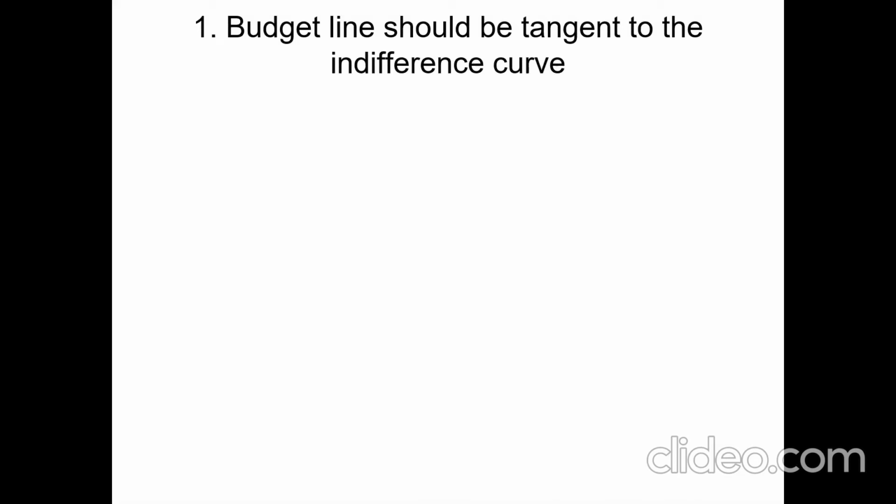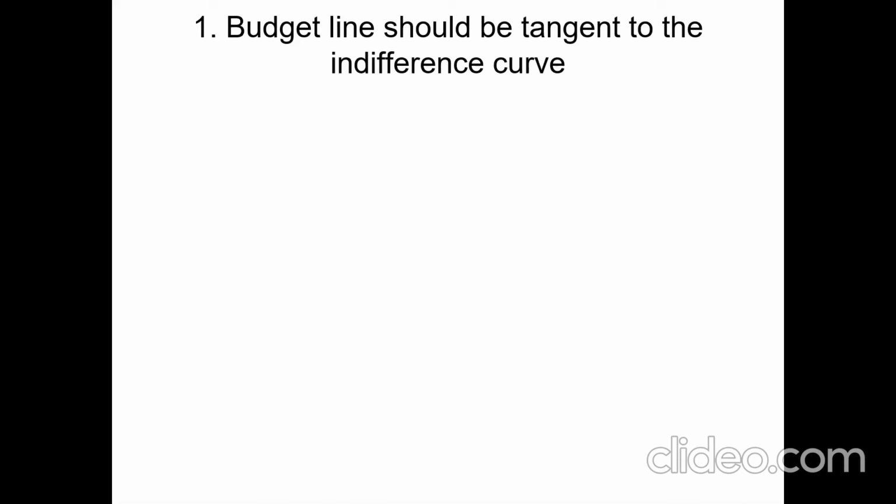A consumer consumes only two goods, X and Y, for example. These goods X and Y are homogeneous, the same, and divisible. Prices of goods and, of course, income of the consumer remain constant throughout the analysis. The indifference map for goods X and Y is given to us, and the indifference map is based on the consumer's preference for the goods. So the preference or habit of the consumer also doesn't change throughout the analysis. Only when all these assumptions are followed can we have consumer equilibrium.